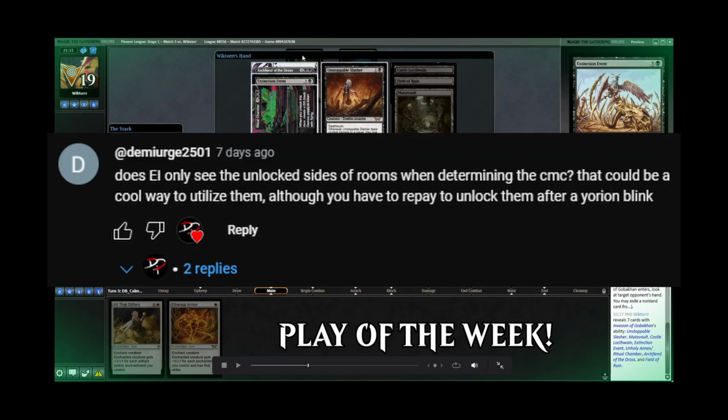Is that EI? Does EI only see the unlocked sides of rooms when determining the CMC? Yes, Enigmatic Incarnation does only see the unlocked side of a room. So the latest Enigmatic Incarnation lists are incorporating